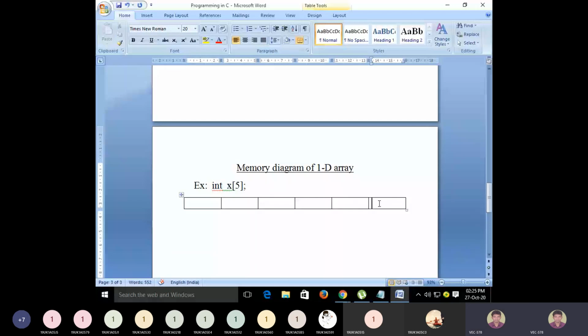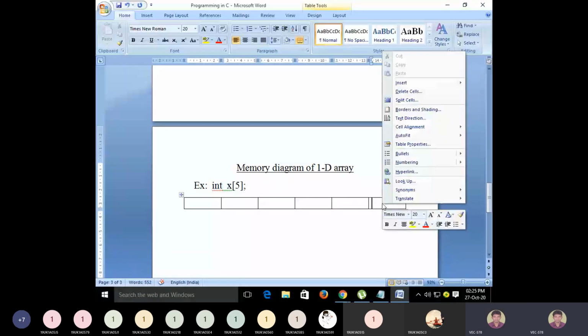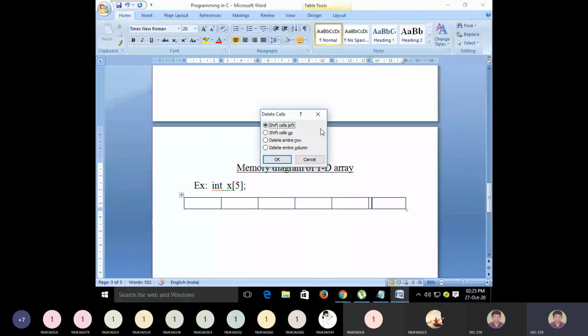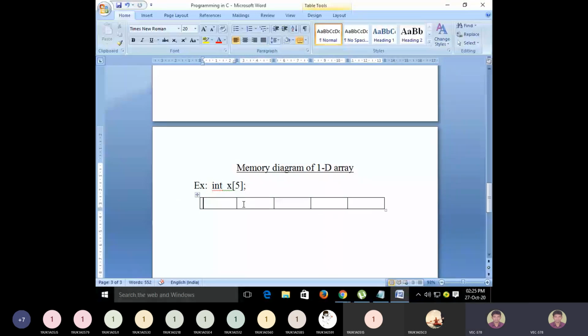Let me delete. Right, this is the memory allocation for x.